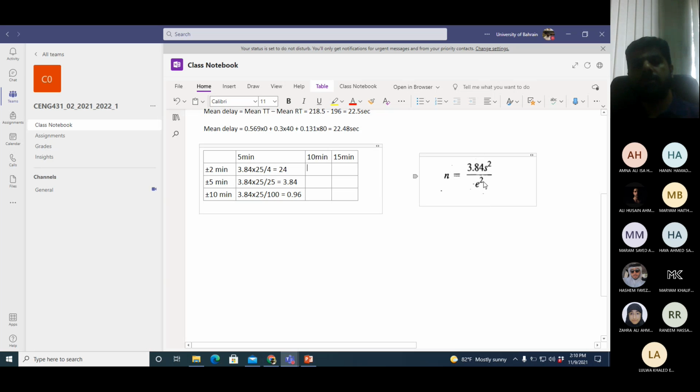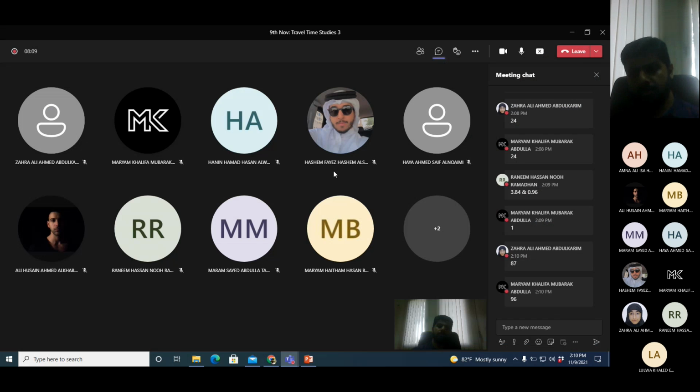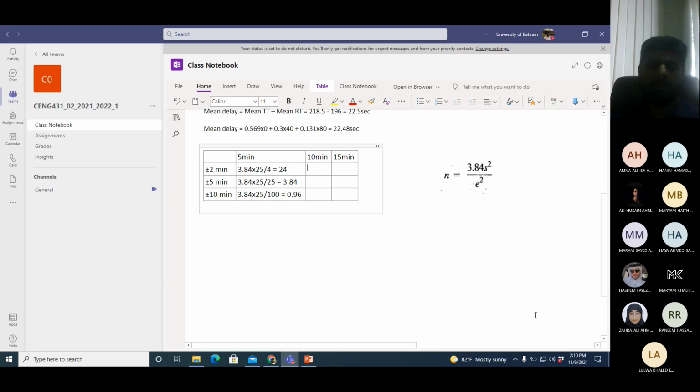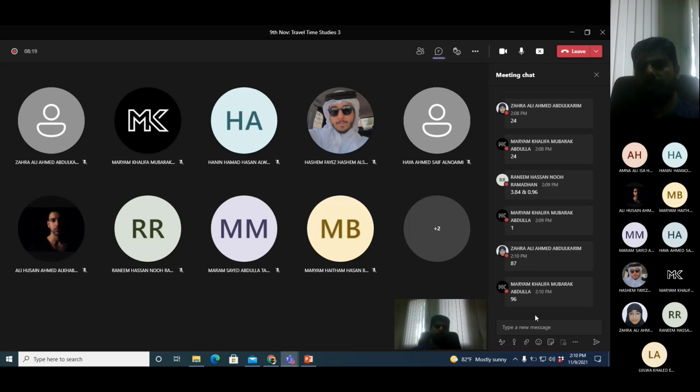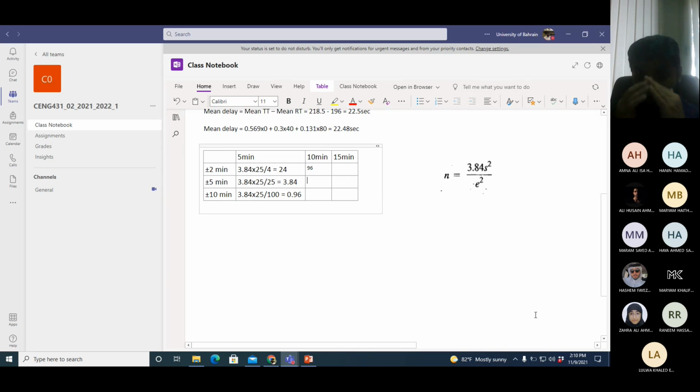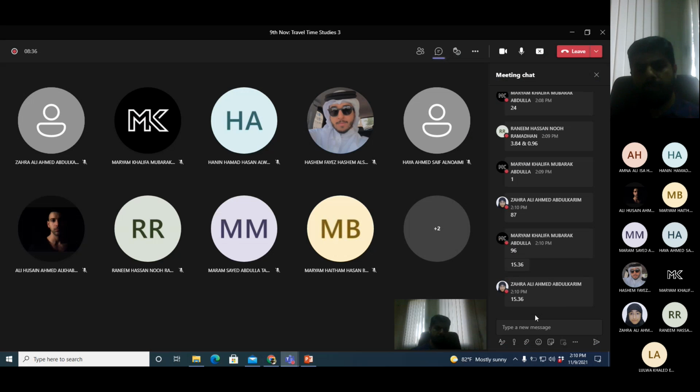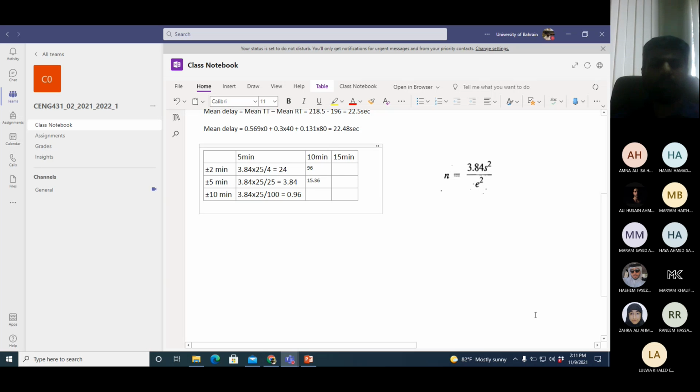In this equation, these are the S values and these are the E values. 96. I think 96 is the correct answer. Second value: 56, and this value will again be 10 square upon 10 square, so it will be 3.84, right?